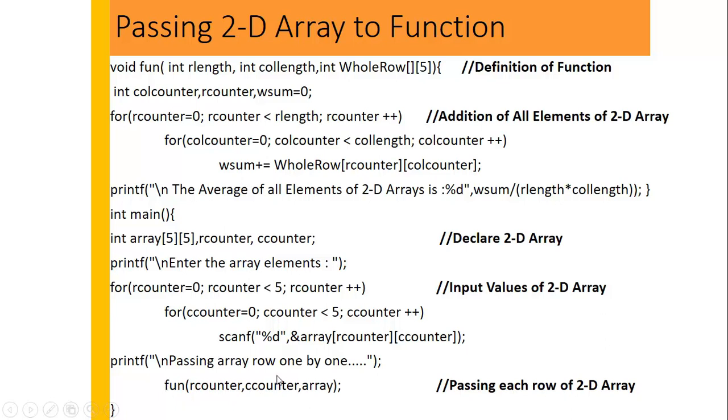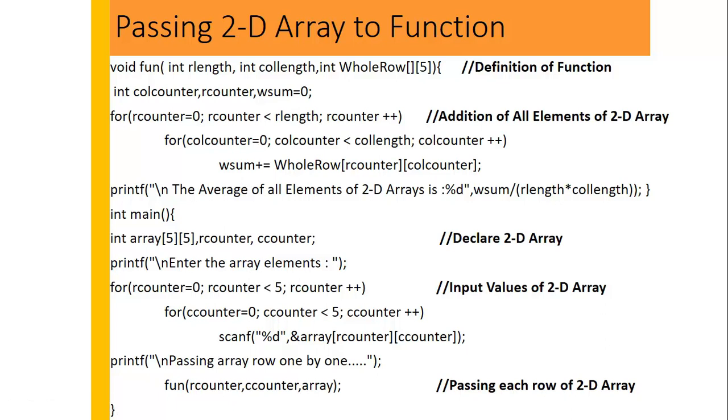There is no loop, we are passing the whole 2D array in one go. It is received with the row length, the column length, and the whole array. The number of elements in each row is 5, so we need to put 5 here. I told you in the previous slide as well. So now we need to traverse through the whole